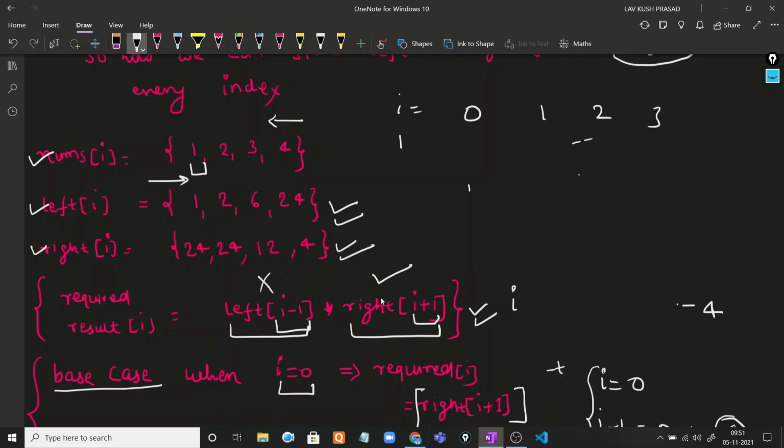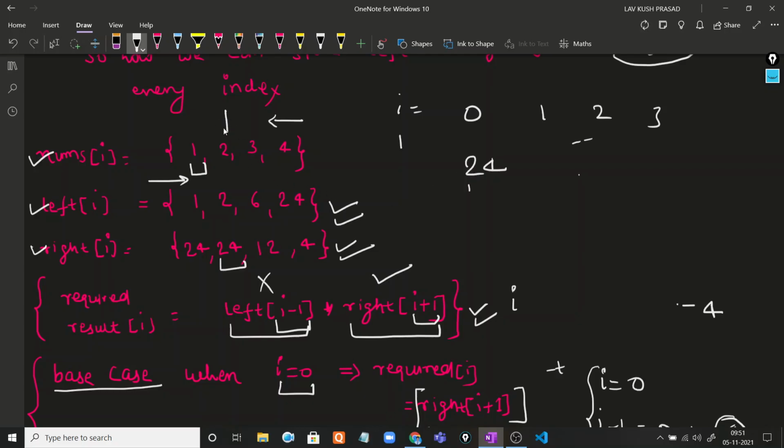So what is the right part? At the right part, right[i plus 1], here i plus 1 is 1, so the right part gives 24. And for index 1, it is not our base case, because the base case is only when i is equal to 0 and i is equal to n minus 1.